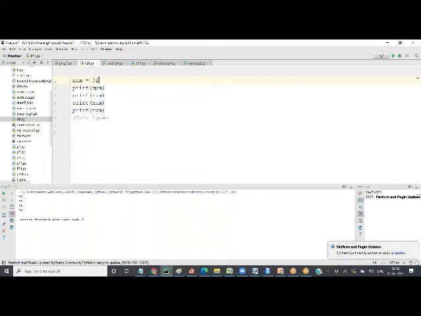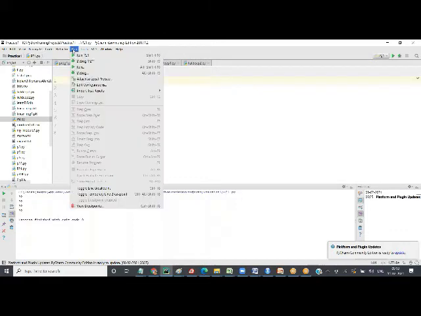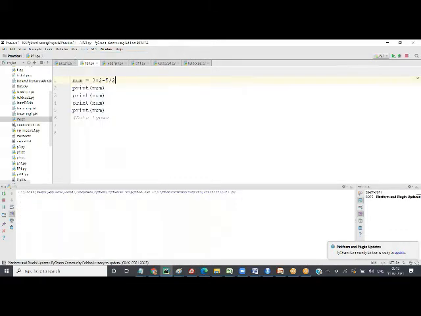Okay. Instead, I can even give some kind of statement. I can say 3 plus 2 minus 5 divided by 2, something like that. So what happens when I run it? It will evaluate and give me the answer only. It will not give me 3 plus 2 blah blah. Okay, so line number 1, we are creating a right side.